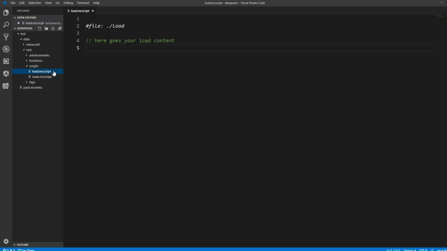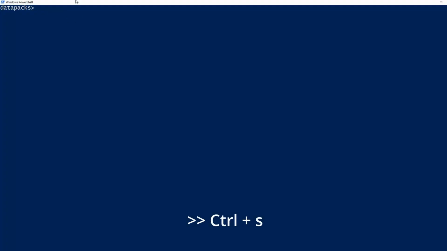But let's get started and write our first program, and we'll just open the load.mcscript file here. So let's just write log and then these double quotes here, and let's say hello MCscript. So you can also already guess what it does. It just logs this message to the chat, and we can save it with Ctrl S